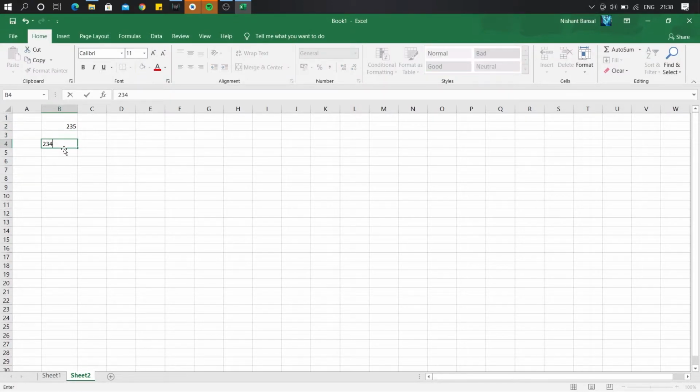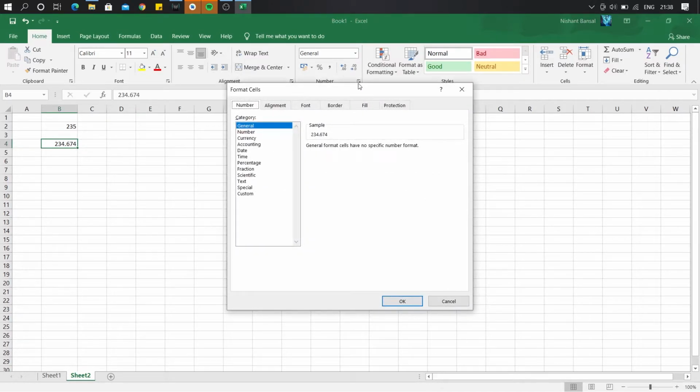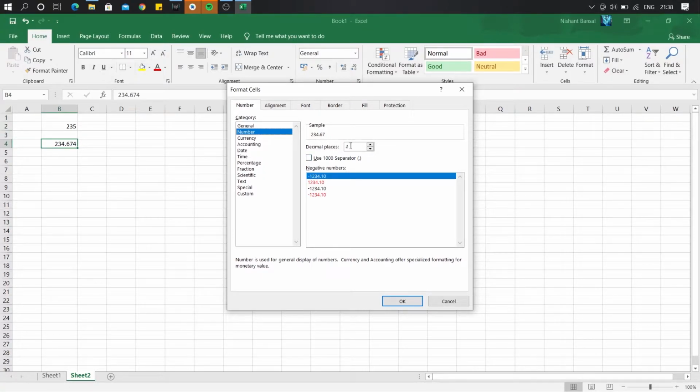So if we want to round any number, there is an alternative way of the same. So for rounding it off, we would visit number tab, select category number, and from here we can choose the number of digits which we want after the decimals according to a requirement.